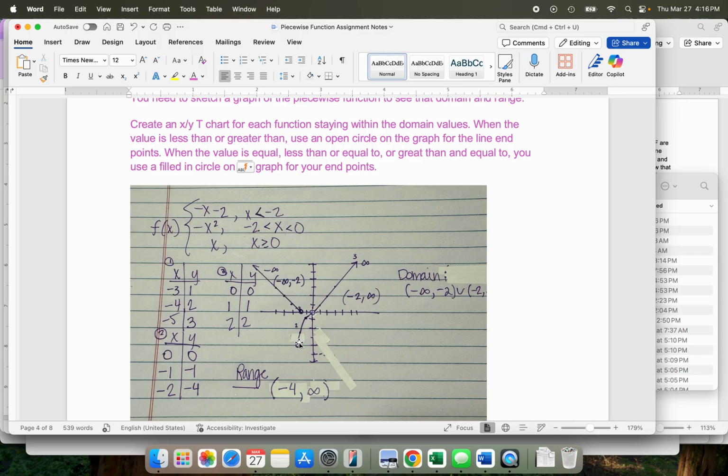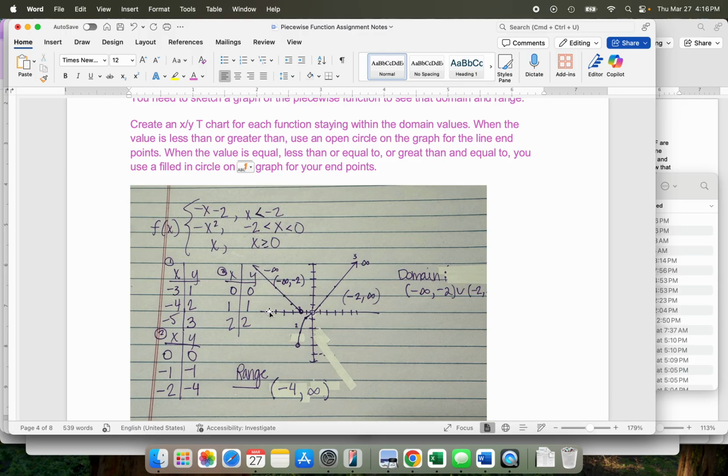And on a function you can only have one y value for every x, and so that's why both of those need to be open. When it says it's greater than or equal to, moving beyond, then we would have a closed circle there for that one. Okay, so I did all of that, and once I graphed it, I have arrows